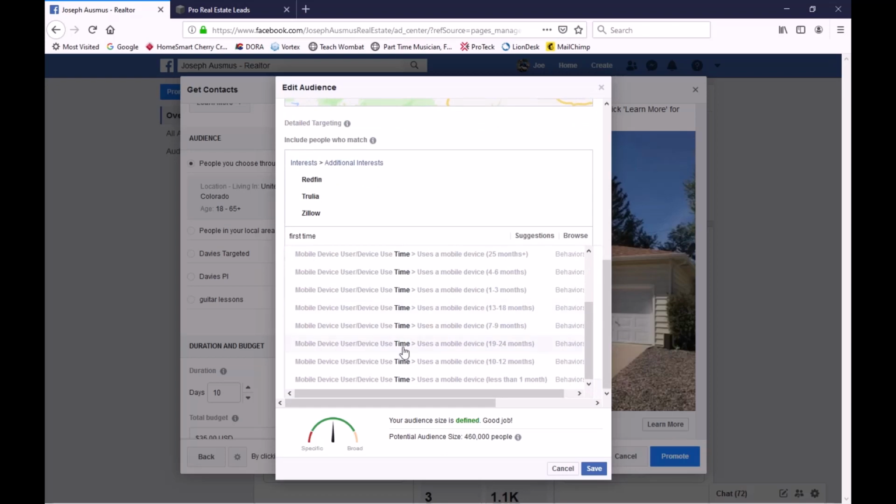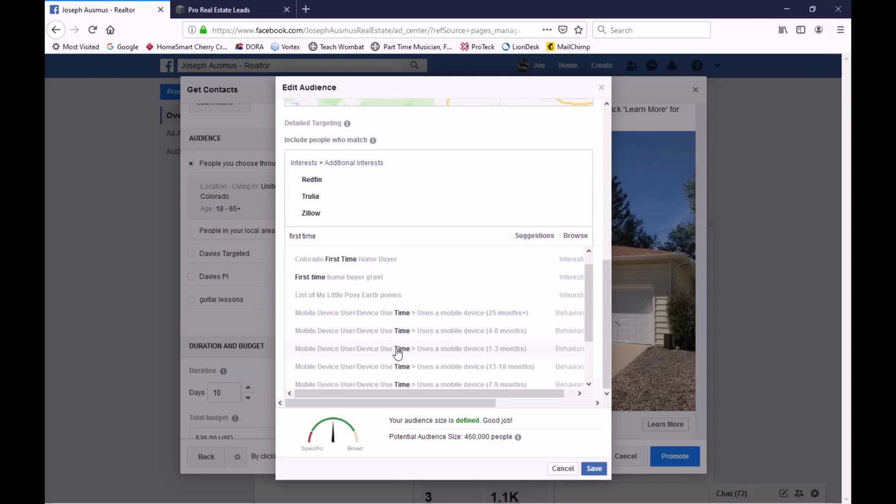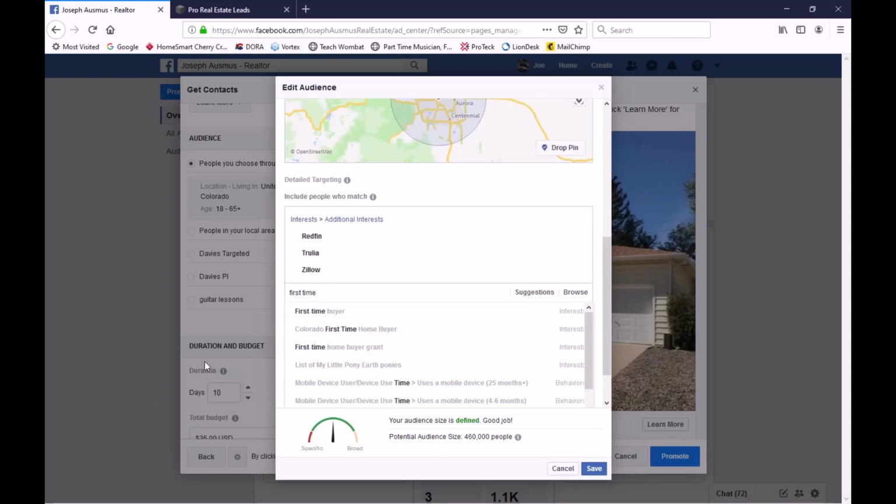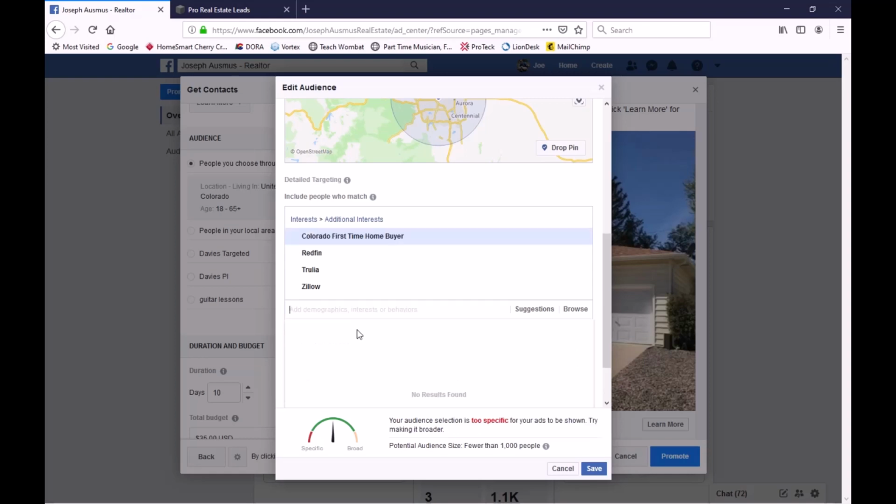You can see there's other options or behaviors. I don't really want any of that. I'm not interested in it. But this Colorado first time homebuyer, I do like that one. I'm going to add that in. Let's see what else. I might even add in